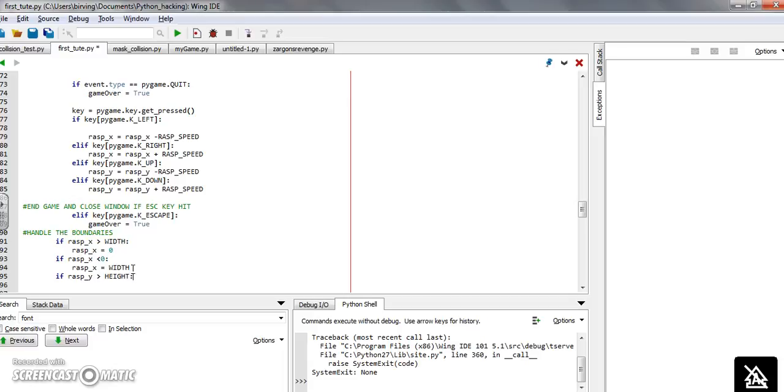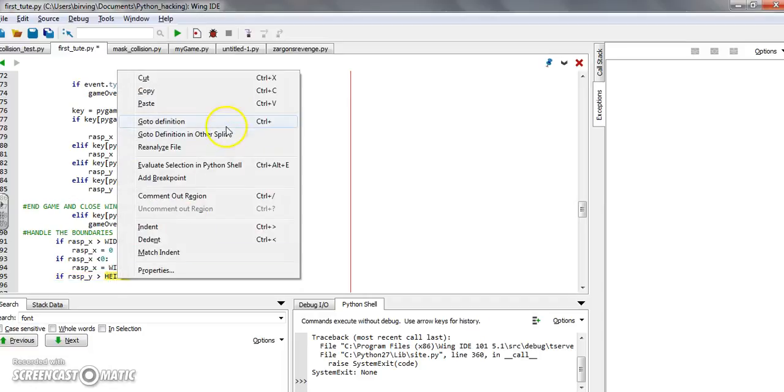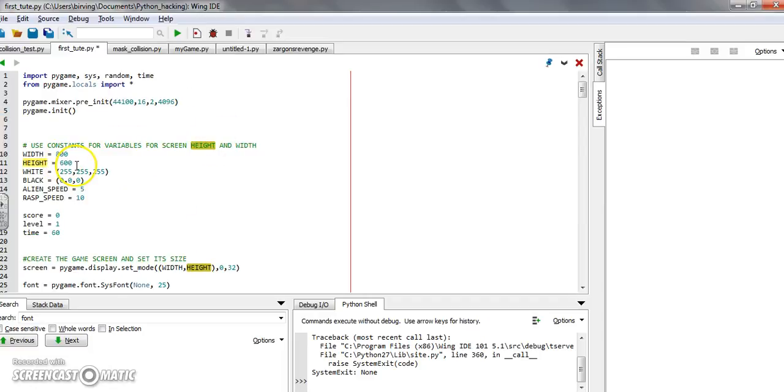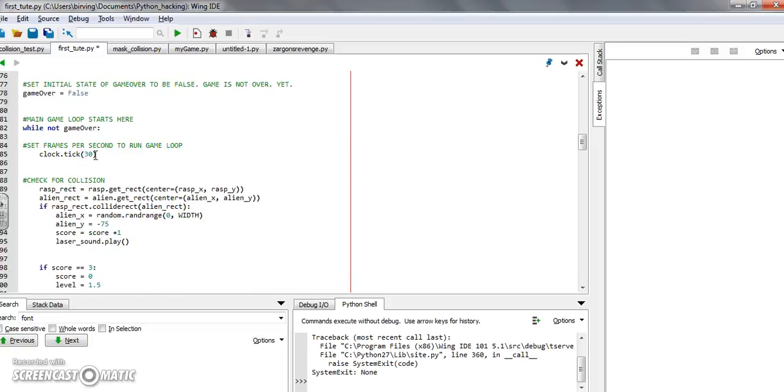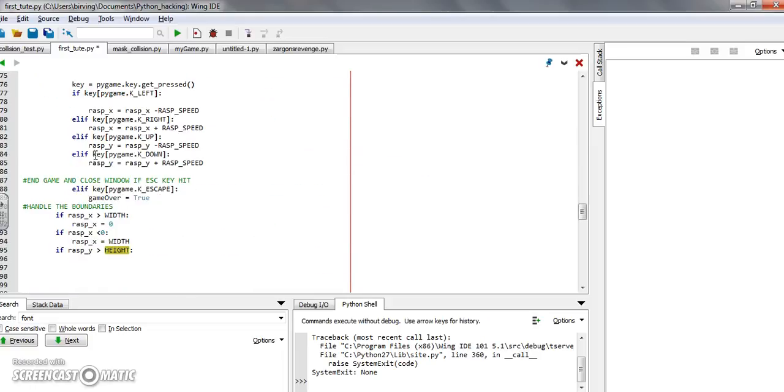Okay. So if the y position is greater than height, what's height? Well, you can select that, right click, go to the definition, go up here, and we set it to be 600. Okay. So basically what we're saying there is if the y position, where was it, right here, okay, is greater than height,